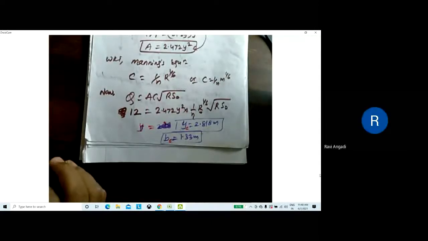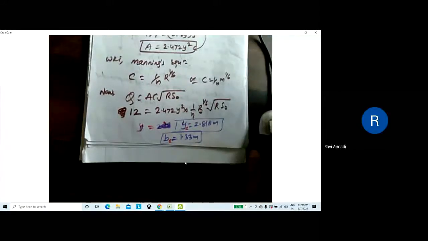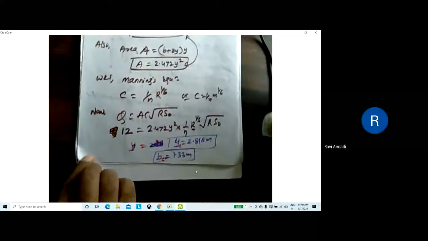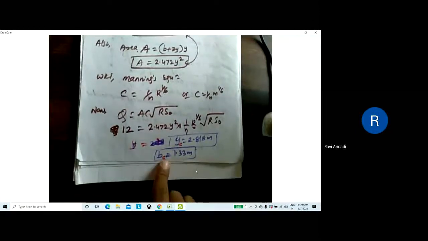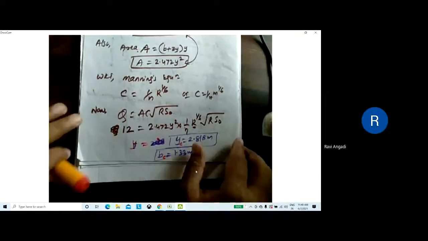I hope all of you got these two answers. Mute your audio, a lot of disturbance. Okay, all of you got. So shall I go to the next problem? Understood the problem? All of you, how to get the most efficient dimensions with the conditions. Okay, so coming to the next problem.